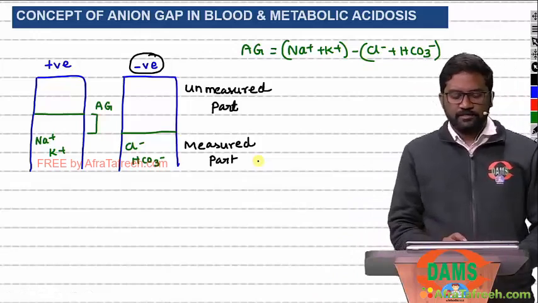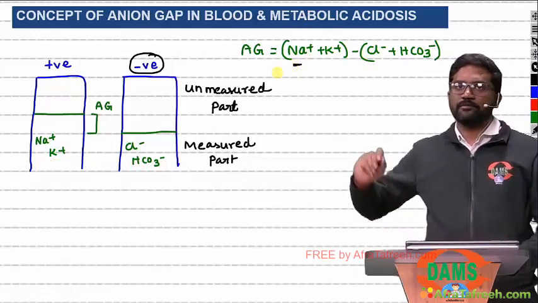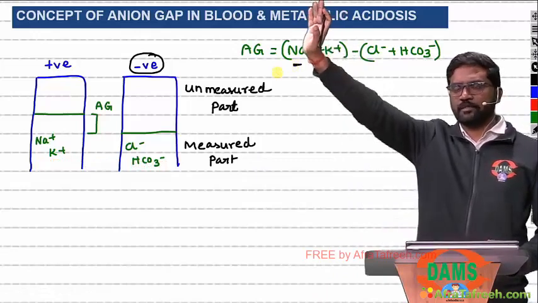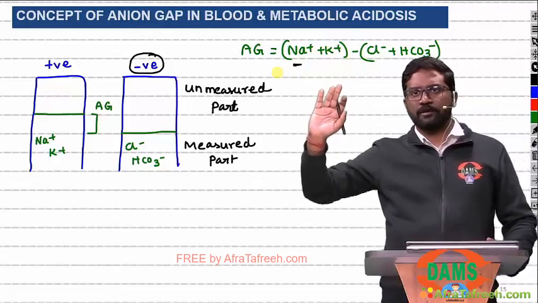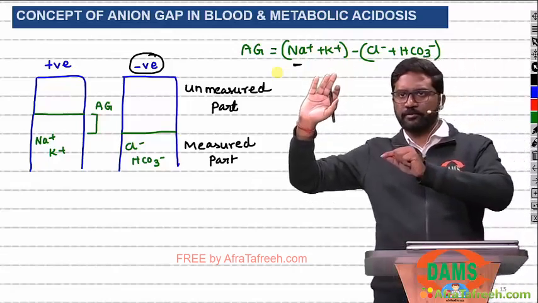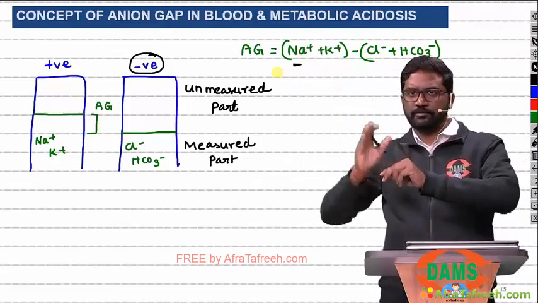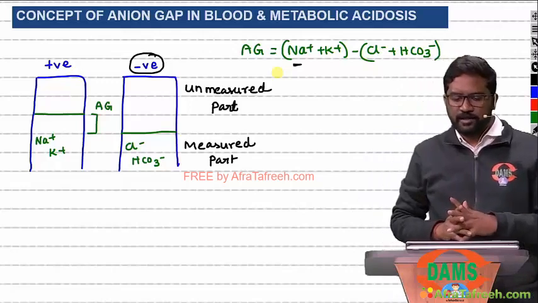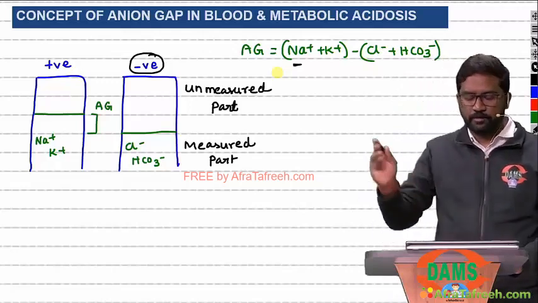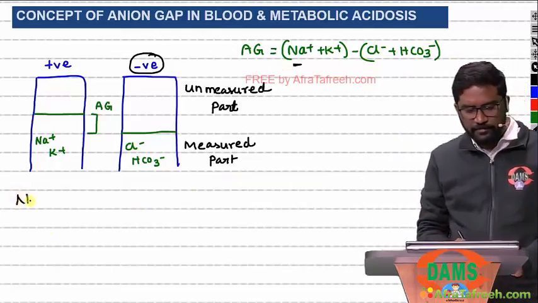Now in the measured positives, we have sodium. What is the normal value of sodium? It is 135 to 145. What is the normal value of potassium? 3.5 to 5.5. When compared to sodium, the potassium value is very small. So recently, for calculation of anion gap, we stopped taking potassium. So the new formula